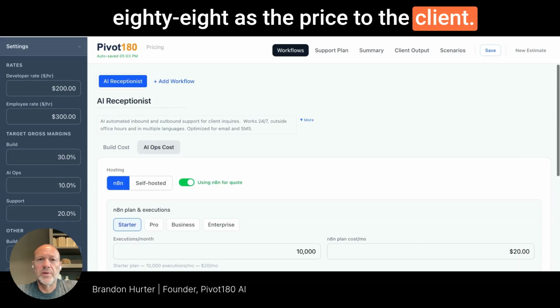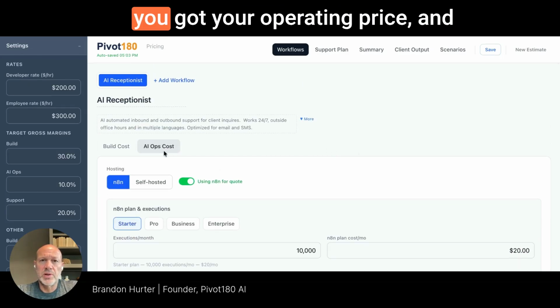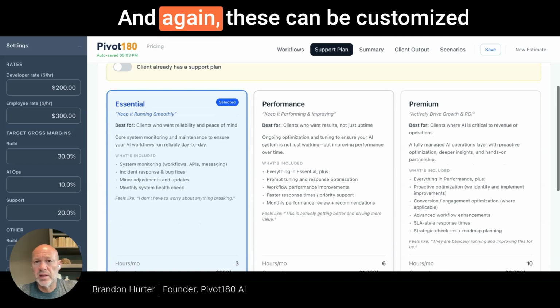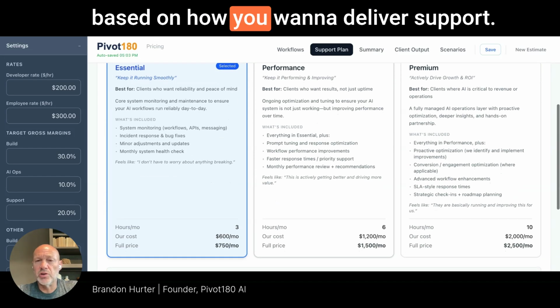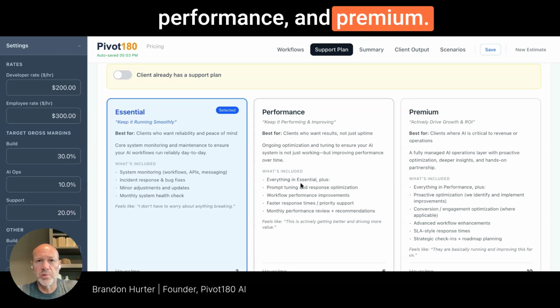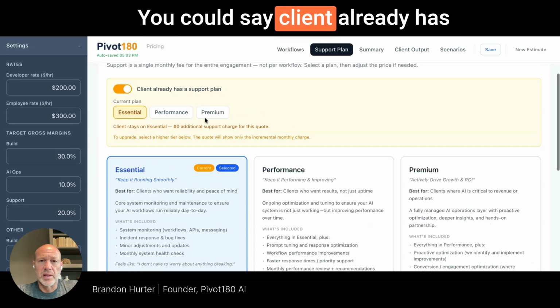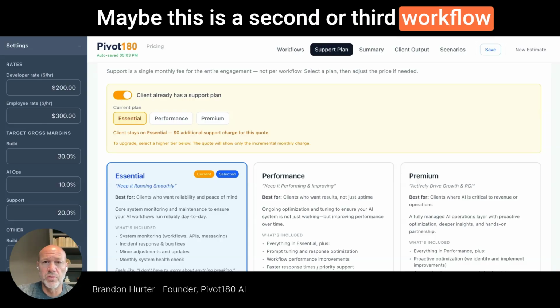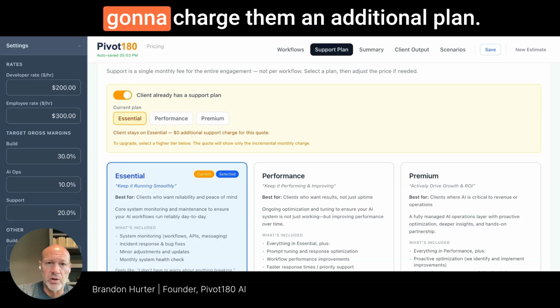to the client. So you've got your build price, you've got your operating price, and now you select a support plan. And again, these can be customized based on how you want to deliver support. So we have 3 plans: Essential, Performance, and Premium. You could say, client already has a plan, so there's nothing there. Maybe this is a second or third workflow you built for them, so you're not going to charge them an